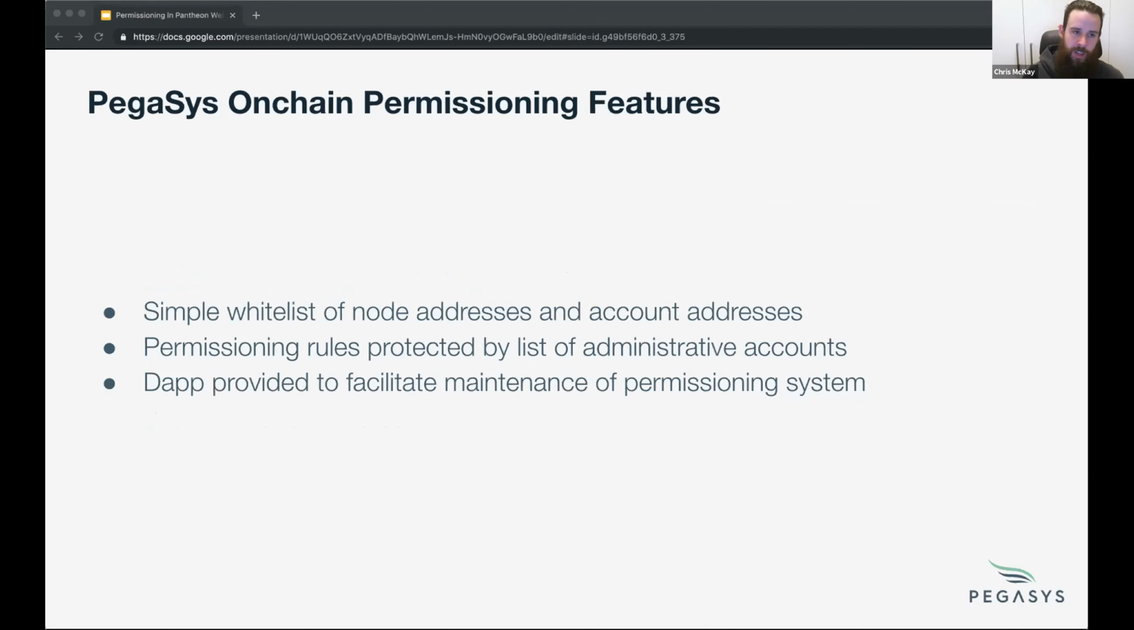And the PegaSys on-chain permissioning solution is a set of contracts that provides whitelisting of accounts and nodes that are allowed to participate on the network. The rule system at the moment is fairly simple and being developed into more complex features in the future. But for the moment, it's just whitelisting of accounts and nodes, creating a permitted set of participants in the network. The rules definitions are protected by a list of administrators, which is currently just a simple list without any protections such as voting or